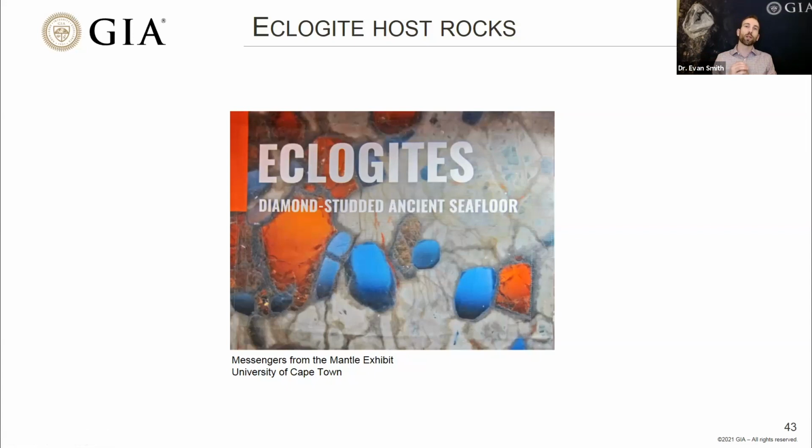And again, this is part of this story of saying that these diamonds grew in this kind of host rock in the mantle. So those diamonds containing the orange garnet and blue kyanite grew in an eclogitic host rock in the mantle. And that host rock might have looked something like this. And all of this greenish gray material you can see around here, that mineral is that clinopyroxene, this omphacitic clinopyroxene.